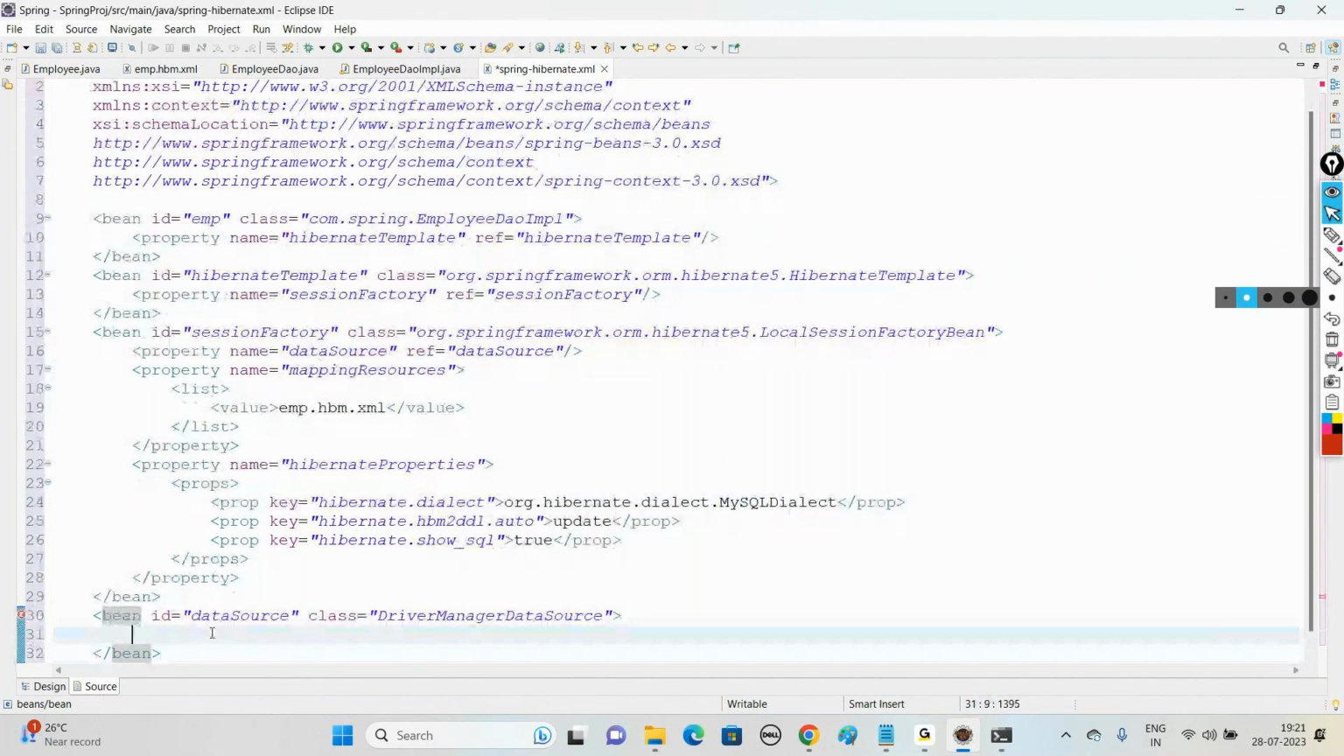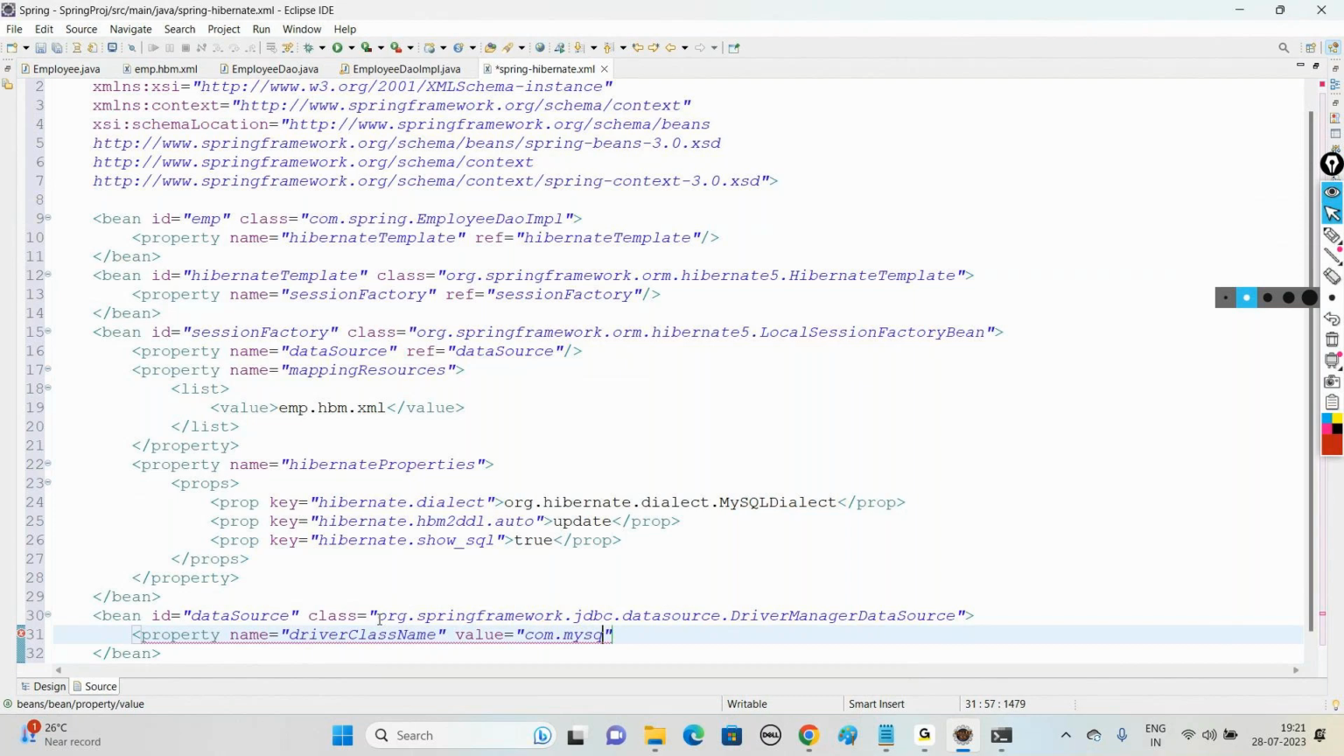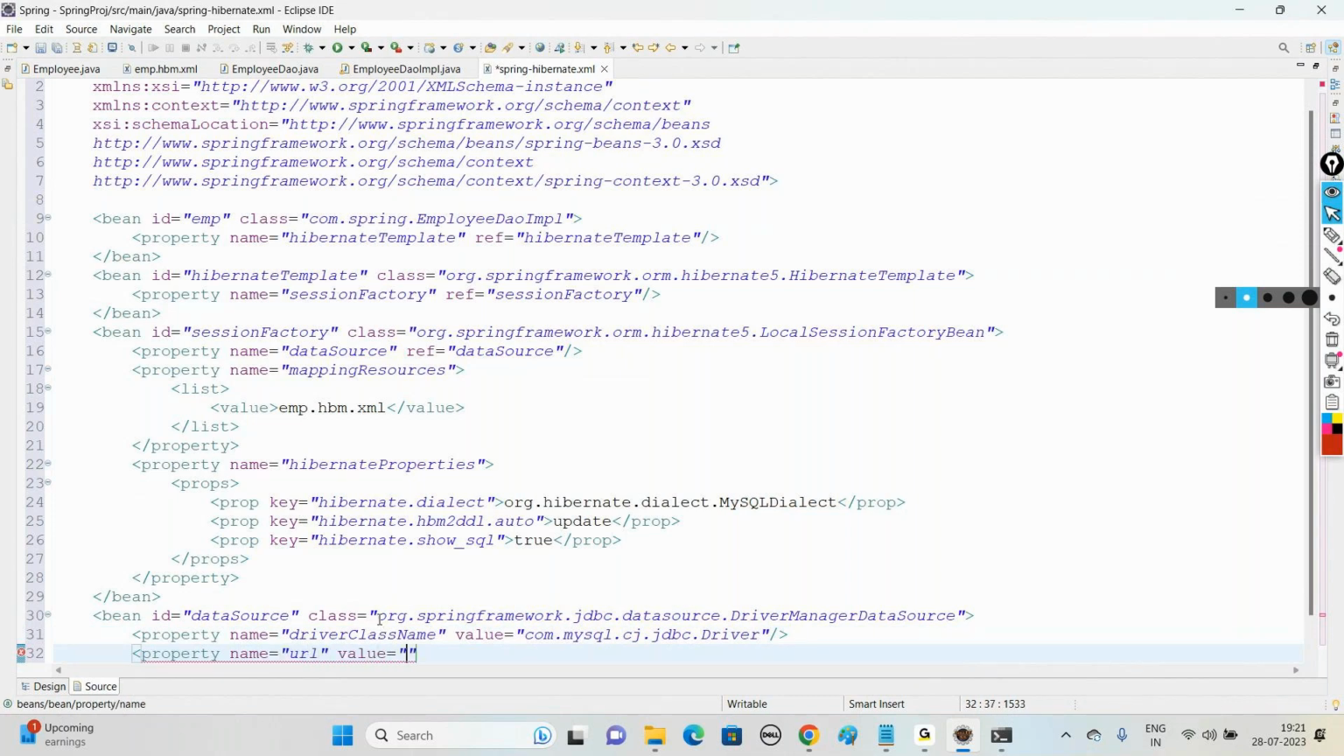This DriverManagerDataSource belongs to the package org.springframework.jdbc.datasource. In this data source, it goes with the database connection properties, like property name equal to driverClassName, value equal to com.mysql.cj.jdbc.Driver. One more property, name equal to url, value equal to